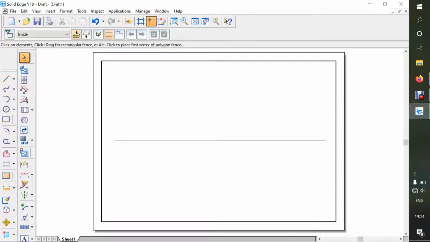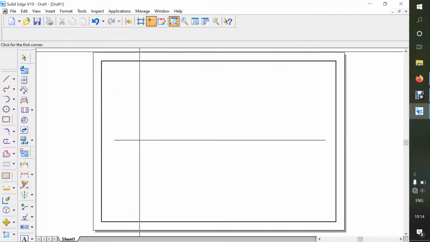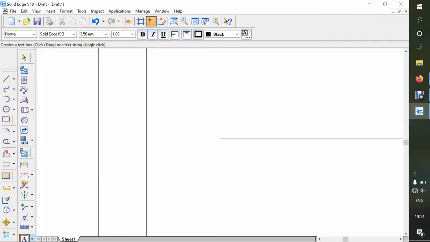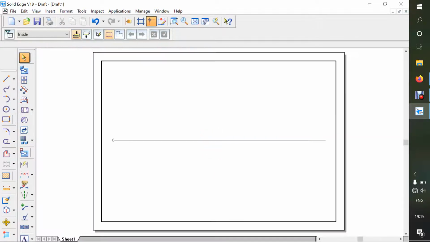So here in the drawing views at the bottom side, you can see there is a text command. Have caps lock on, and just zoom this area with the zoom area command, select this one, it gets selected. So now go to the text and click wherever you want that one, press X. Okay, go to the select command, click on X, the plus symbol will appear, and just place that one at the midpoint, and again fit to the screen.